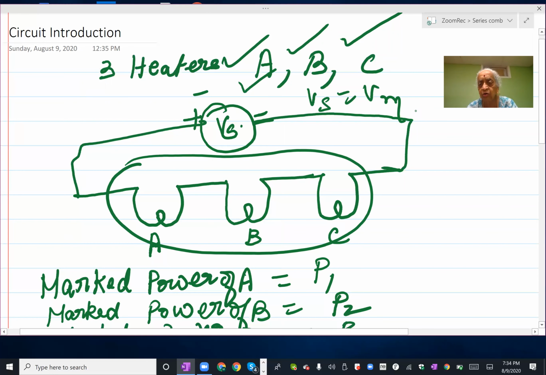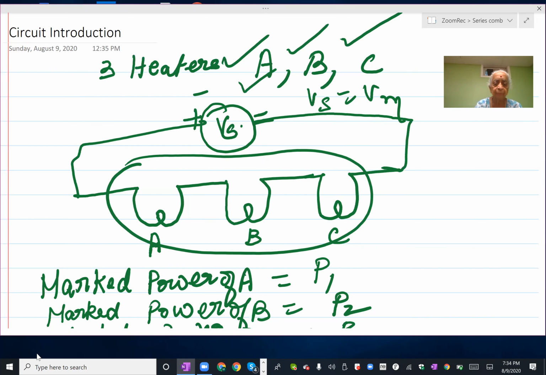It can be different also, but there are some limitations of that, which we will discuss in the further sessions to follow. Now, from the examination point of view, we will stop with Vs being equal to Vm, as simple as that. There are one or two problems where the series combination is connected across a supply voltage greater than the marked voltage. And in that case, one of the bulbs may fuse, or none of them will fuse, or both of them will fuse. Those are the cases which are going to be discussed. We have a problem in SL Arora and often asked in IIT and other entrance exams. We will discuss that after we have mastered this particular thing in series.